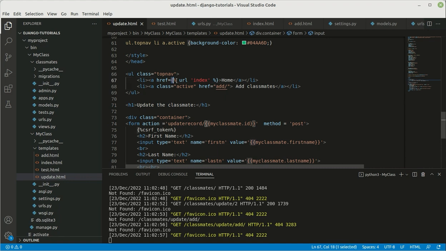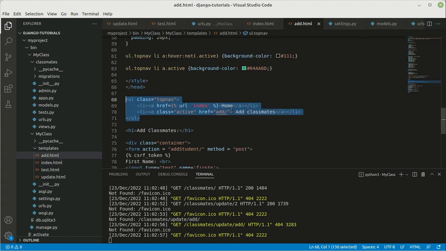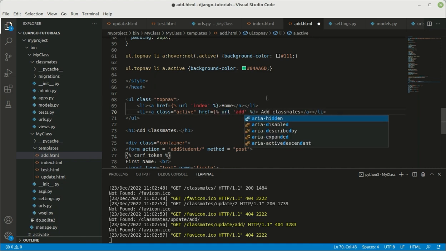Here we can write our URL this way, which is much better than writing it in the URL type like this, right? Because it will directly redirect us to the page that we want. So imagine that we want to get to the add classmate, right? So here I can easily write add, and we won't have any problem anymore. Also, we can do this inside of our index.html. So let us do both for both ones, and also for here. URL add,